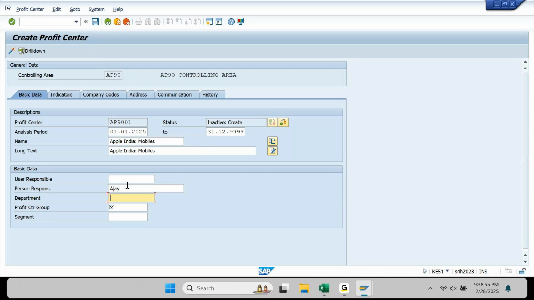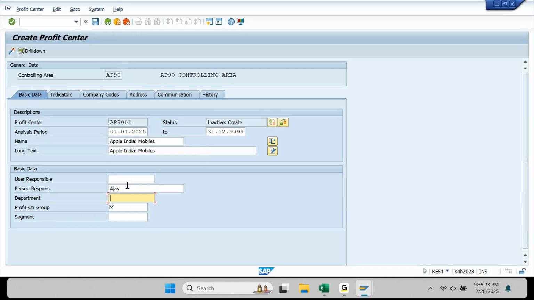Department is normally used for any identification that you want to have for the profit center, which is related to your consolidation. As we understood, will consolidation take place in SAP or out of SAP? Out of SAP. Consolidation will take place out of SAP. Out of SAP means it may be BPC, it may be SAC, it may be Power BI,